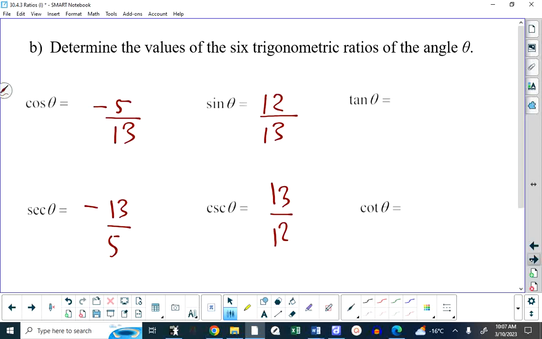Tangent is y over x. Y is 12 over 13 over x is negative 5 over 13. I think you should be able to see that if I multiply the top and the bottom of that by 13, you're left with 12 over negative 5. Is there ever going to be a time when the denominators are not the same number? I'm going to answer that in a second. So we get negative 12 fifths, and I just put the negative on the top,